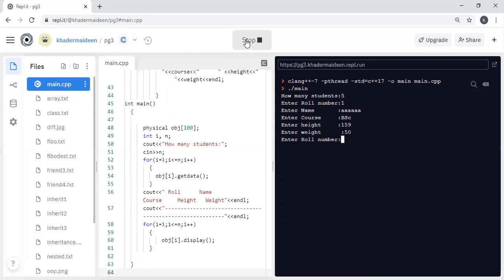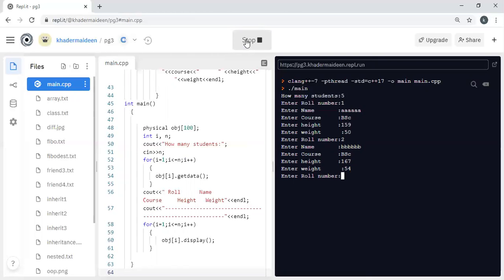Then next roll number 2. Suppose the name is here. Course BSA. Then height 167, weight 54.